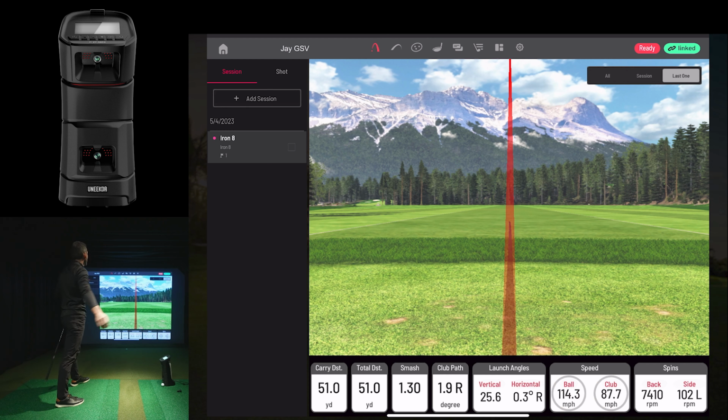All right, pretty darn good shot to start things right off. I mean, that's my spin number on my 8-iron. That's my carry distance on my 8-iron. I mean, that's everything I'd like to see. So we'll use that shot as our example to go over to the iPad and show you just how powerful